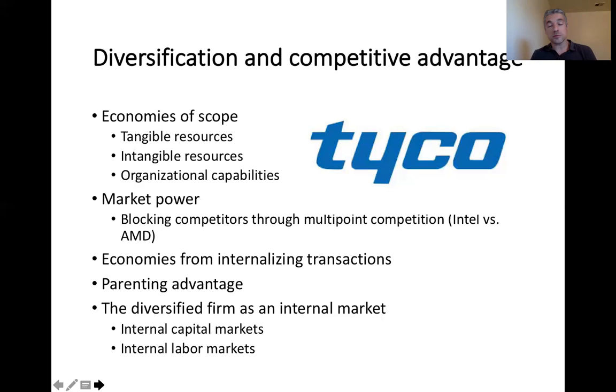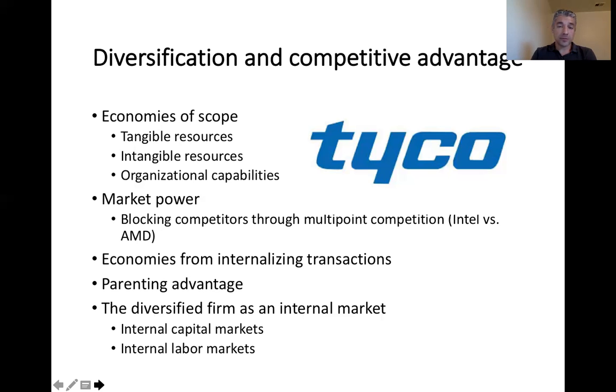In terms of intangible resources, it could be anything like sharing technology, which then would be very similar to sharing tangible resources, to just sharing brands. Brands do have value, and if you can project the strength of your brand into this new kind of business that you're entering, that will be beneficial. That will enable you to get price premiums that will contribute to the overall success of your company.